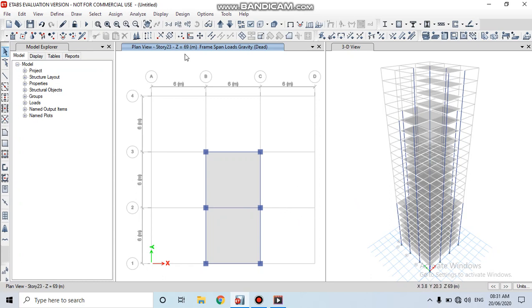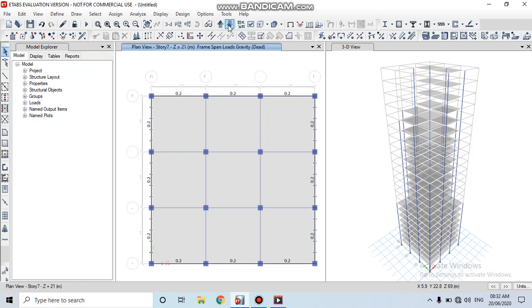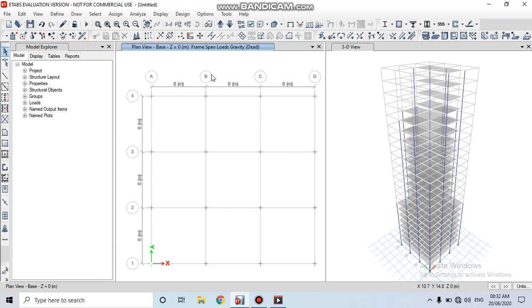Go to the base. Base of the plan. Select the base by using one story.